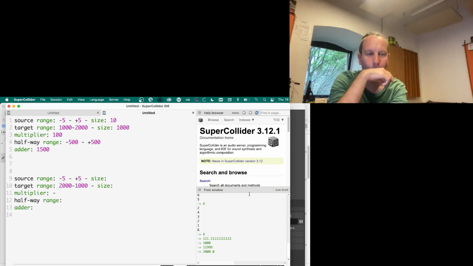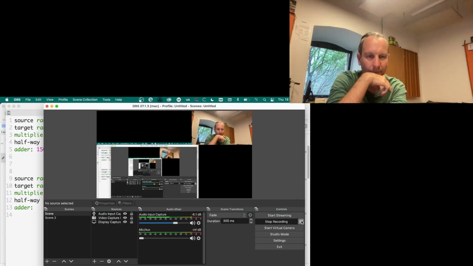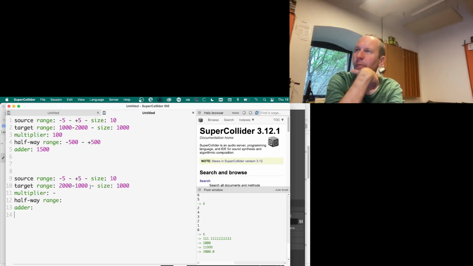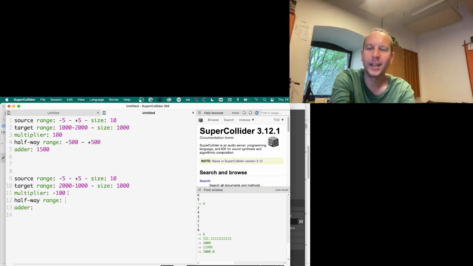I'll give you a minute or two, now that you know the multiplier. So, source size 10, target size 1000. So actually the multiplier is the same, only negative. Agreed? So the multiplier is minus 100, and then I can figure out the halfway range.